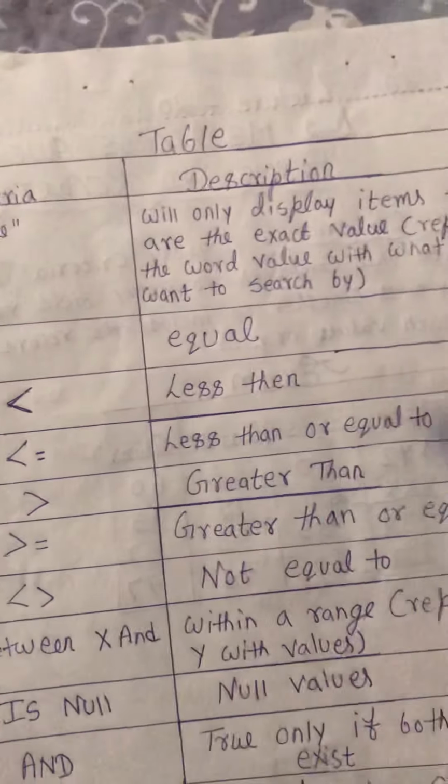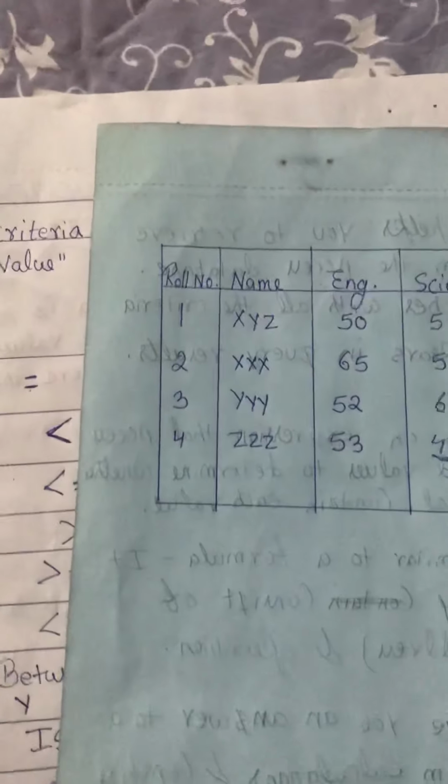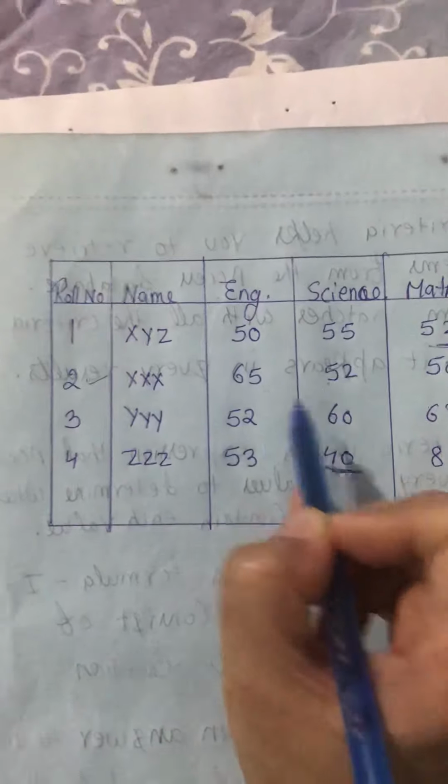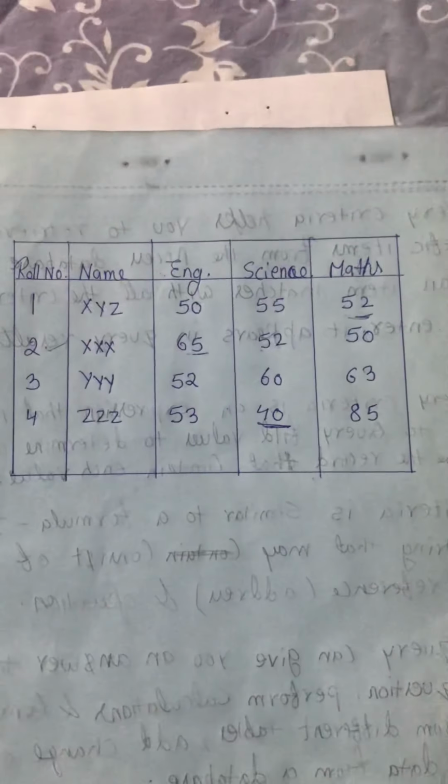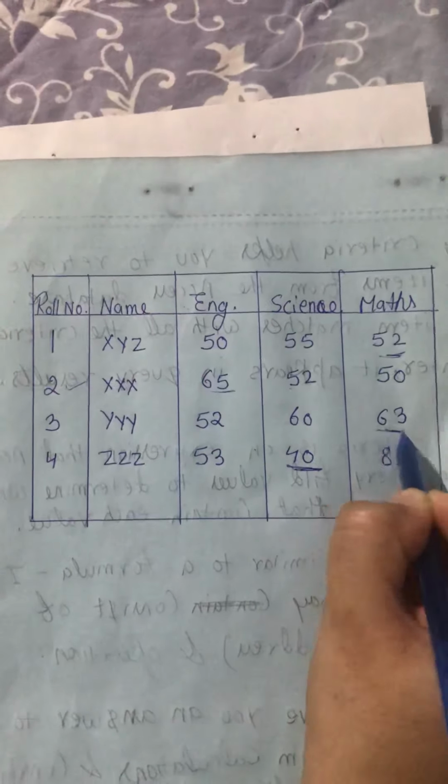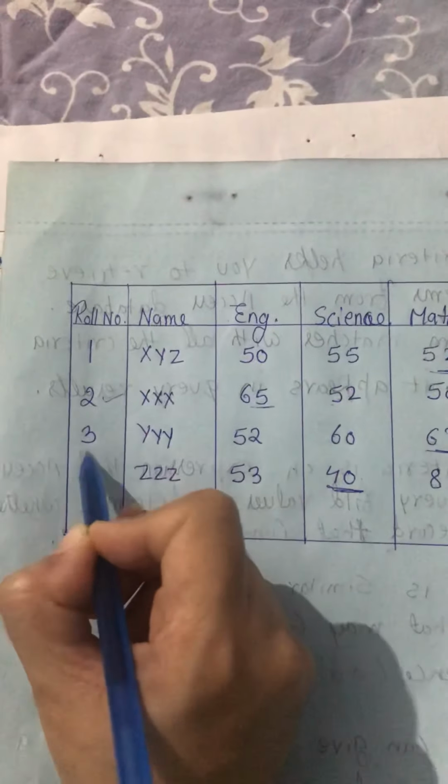then greater than means show the students whose marks are greater than 60. Whose marks are greater than 60? Roll number 2 marks in English, you can see here, and roll number 3 marks in maths, that is greater than 60. Okay,